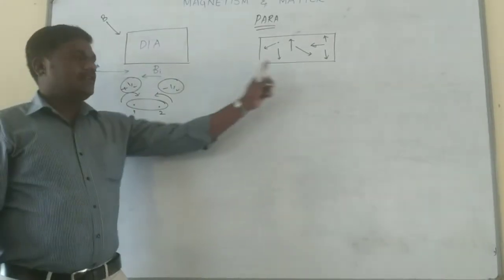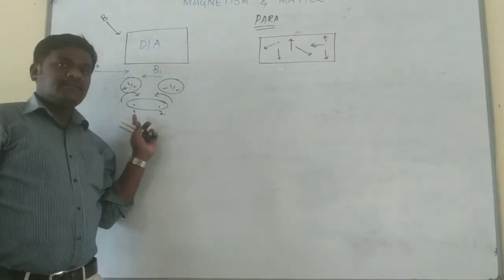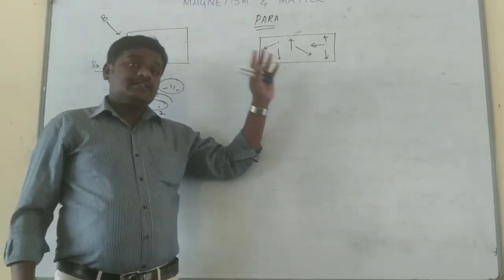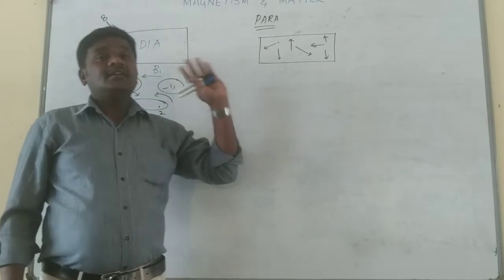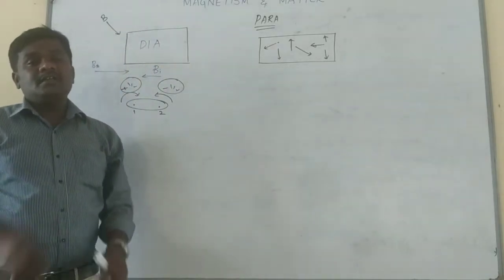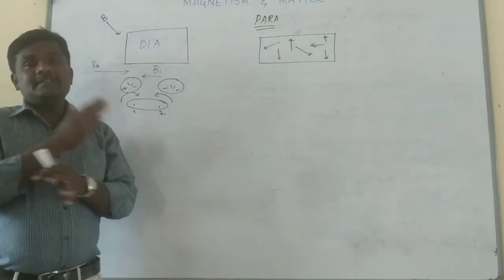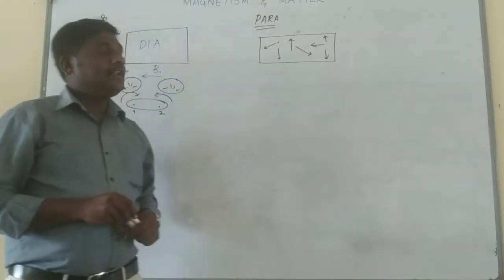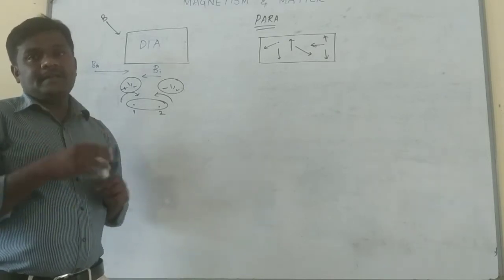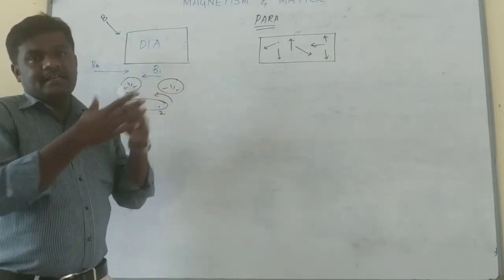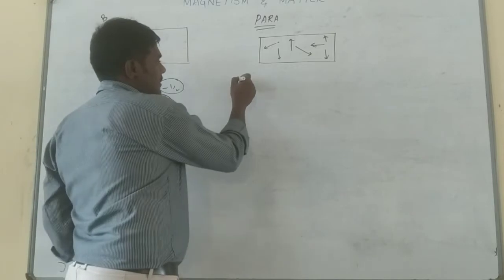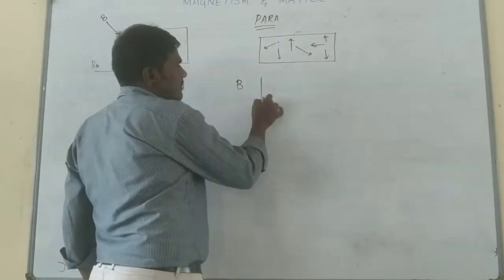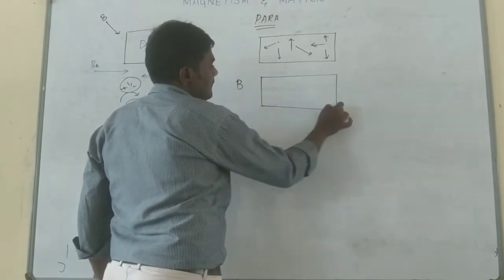See here and here, a lot of difference is there. Here they are paired. Since they are unable to separate, the net magnetic moment is zero. Here the electrons are separate, they have magnetic moments, but the net magnetic moment is zero because the electrons have magnetic dipole moments in random directions, and each direction will get cancelled by the other one. Then how do we set them to a particular direction? Simply start applying a magnetic field. When you apply an external magnetic field on these paramagnetic materials, then automatically